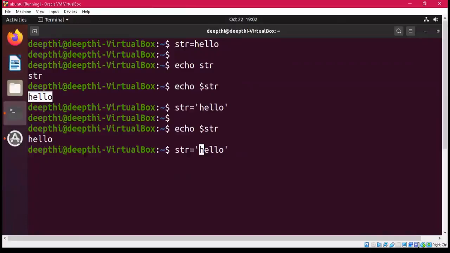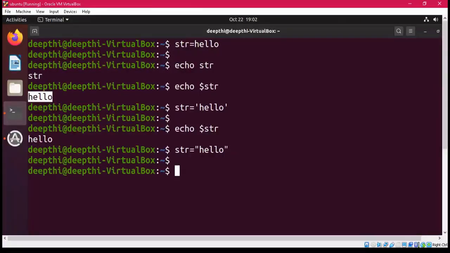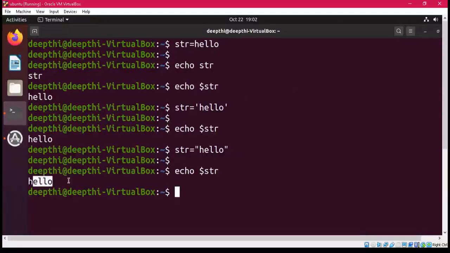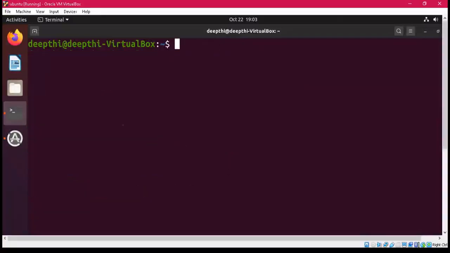And what if I store it in double quotes? Then also the same value. Why am I showing this for so many things? Why am I taking so many cases? Because you will understand it with the coming cases. So here again, you want to display the result. You can see that in all the cases, you get this hello result. So simply, if there is a string which contains only one word, in that case, either you store it in single quotes or without quotes or in double quotes, it is going to give the same answer, same output.